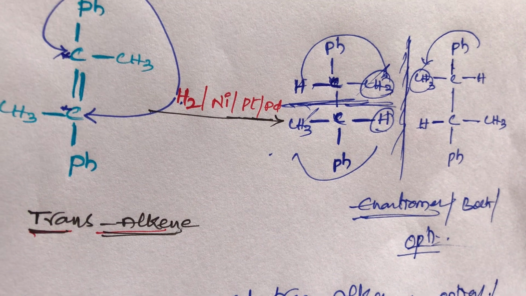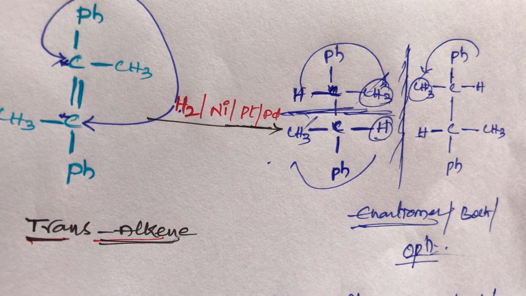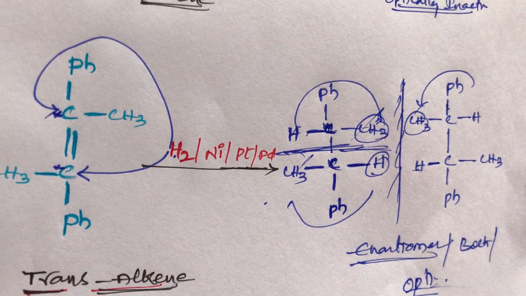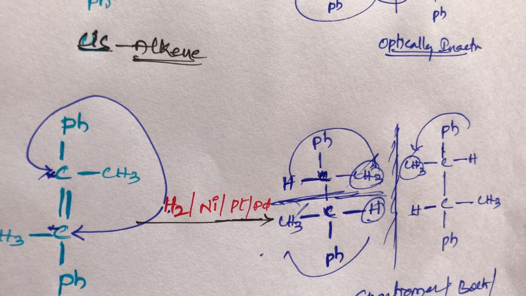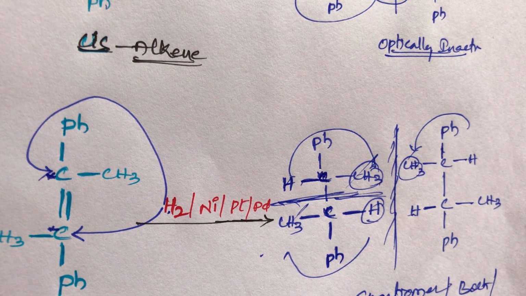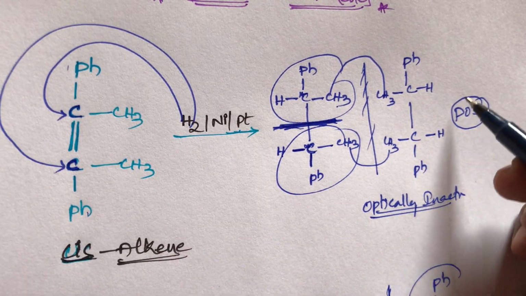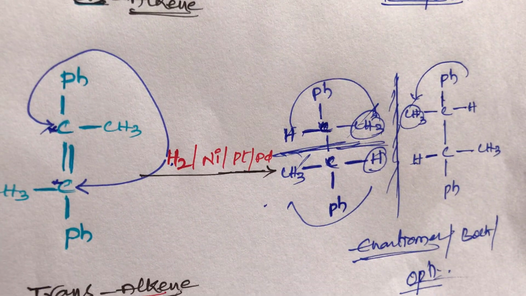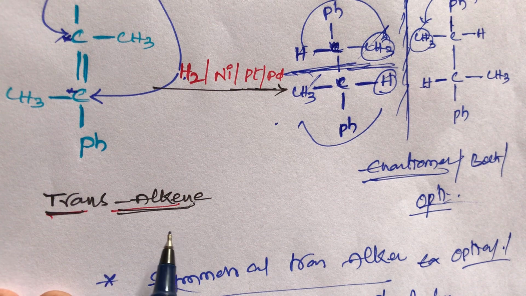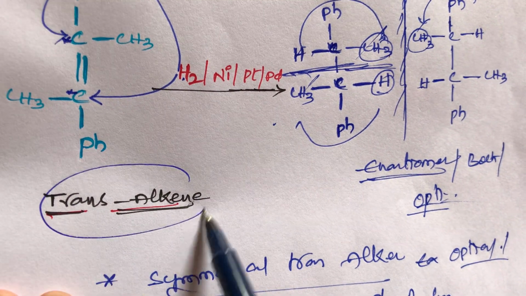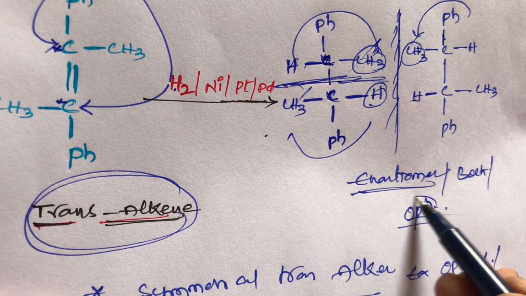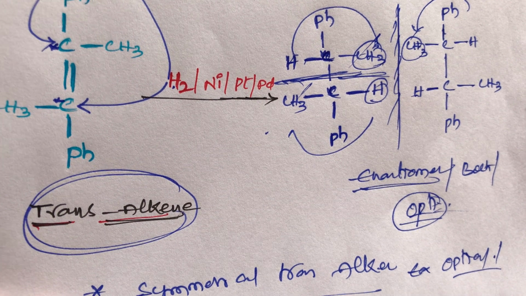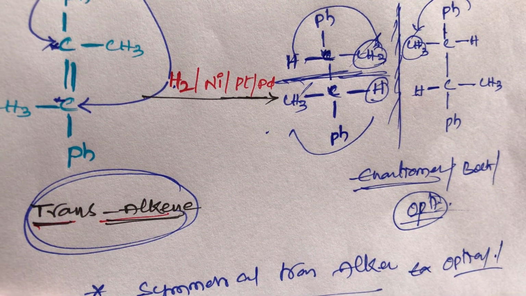These are the important simple tricks for hydrogenation of alkene in symmetrical compounds and unsymmetrical compounds. In symmetrical compounds, cis alkenes give optically inactive products due to the presence of a plane of symmetry, that is a meso compound. A meso compound will be formed due to the presence of plane of symmetry. But in hydrogenation of symmetrical alkenes, trans alkenes exhibit optical isomerism due to the presence of enantiomers, that is due to the absence of plane of symmetry.